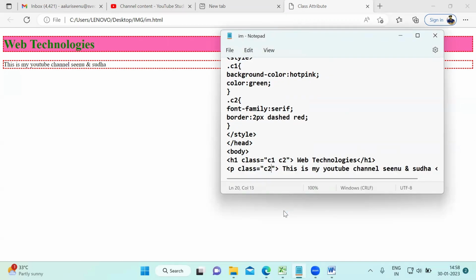Not only this, you can also refer to it in JavaScript by using a method called document.getElementsByClassName. So you can get the elements which all have the same class name, and you can proceed accordingly. So you can apply logic on that. So this is all regarding the